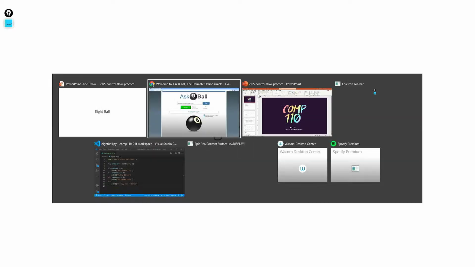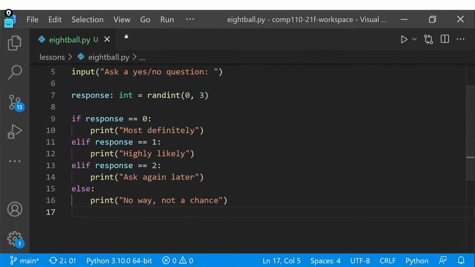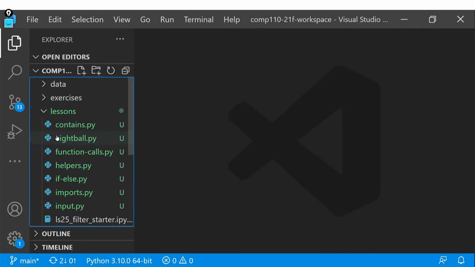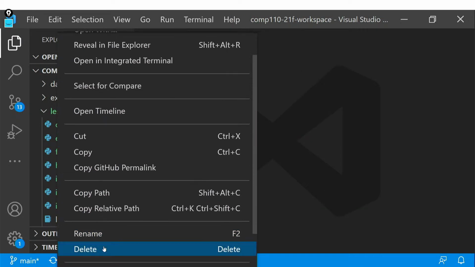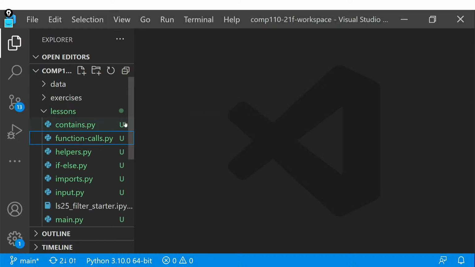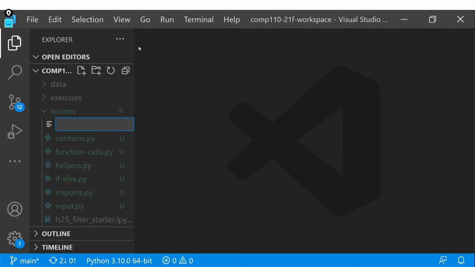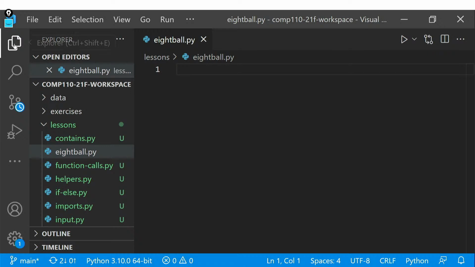So if you want to open up VS Code to follow along with me, let me actually close this out and delete my previous example. Forgot to do that. In the lessons directory, we're going to create a file named 8ball.py. All right.